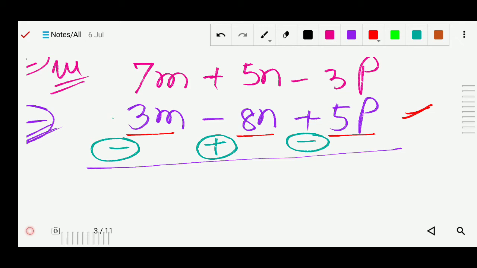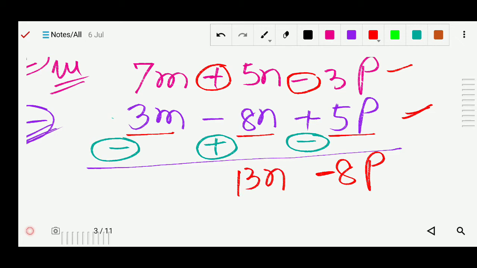So here is the minus 3p, you can see minus 3p, this minus and this minus, so minus minus becomes plus. So 5 plus 3, 8, so write 8p, and check which one is the greatest number, 5. So before 5 which sign is there, minus, so minus 8p. Okay, now here plus and plus, so plus plus plus, so 8 plus 5, 13, so it is 13, and there will be plus sign before that, and the same sign is there, so we will use the same sign.